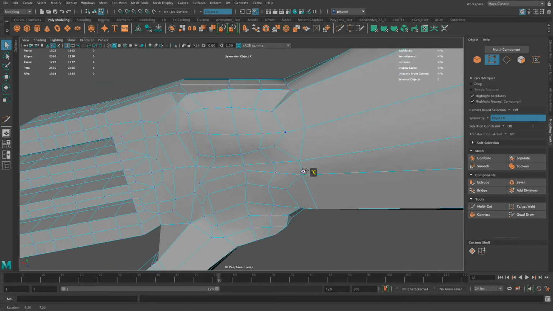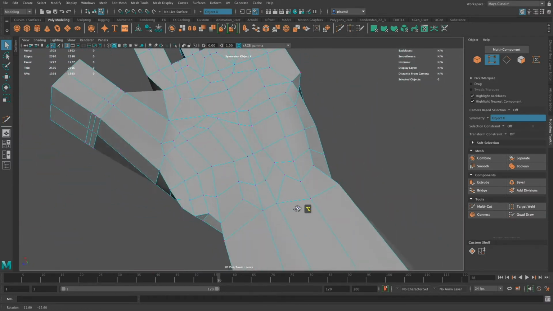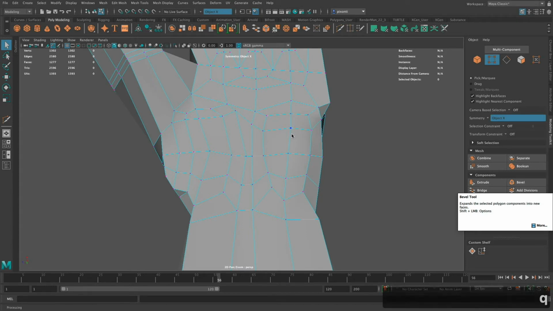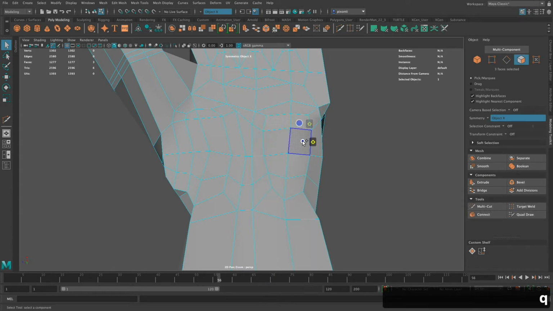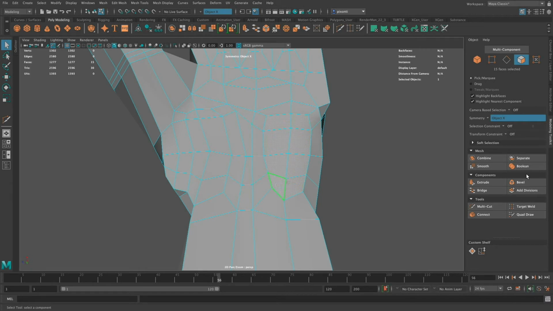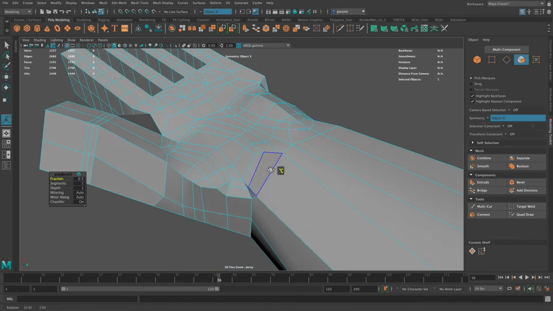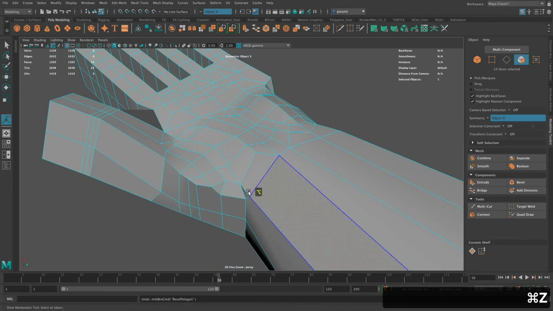I've made a complete loop around here so I can add edge loops all the way around. You know, I can go in here and I can actually select all these faces, and I can bevel it again and get another edge loop all the way around. So it's just a way for you to continue making improvements by just making sure it loops all the way around. And I missed a triangle here,